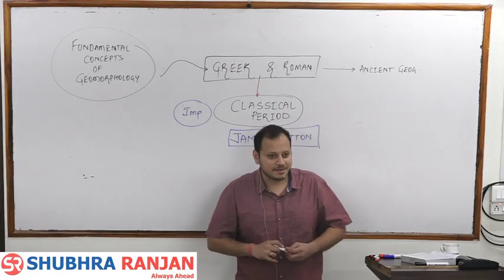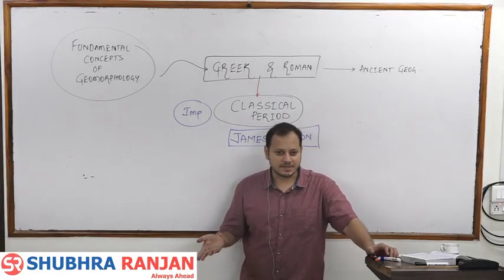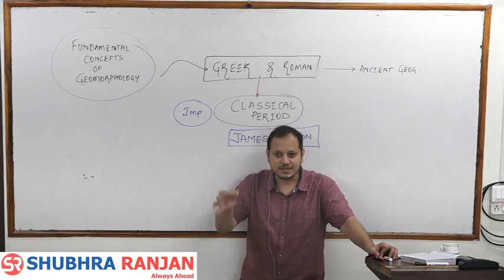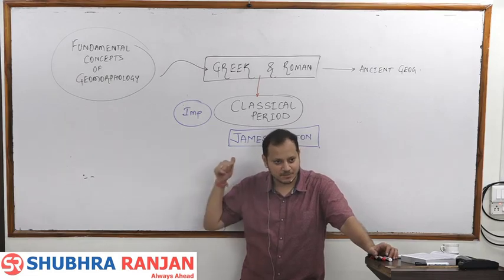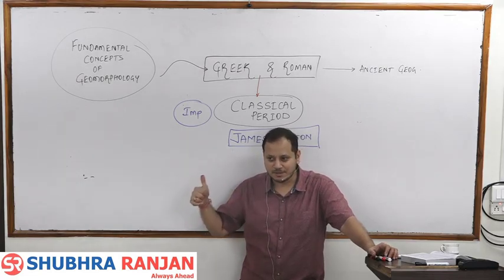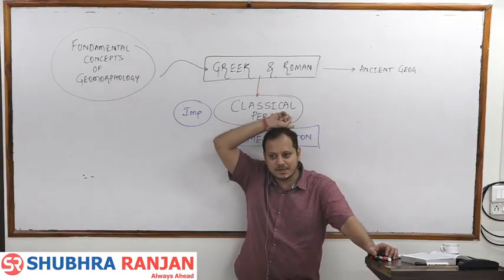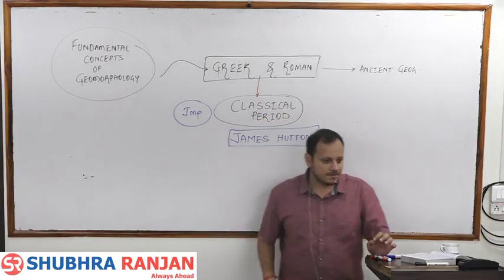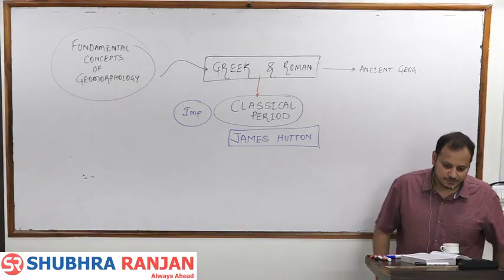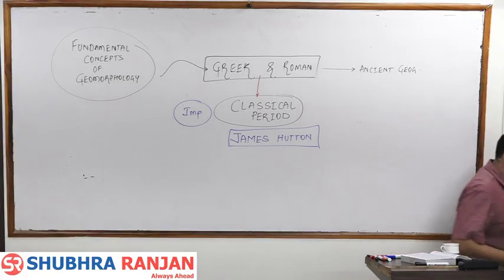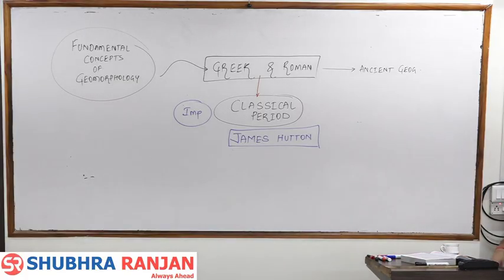James Hutton's line, I had used it yesterday: present is key to the past. That is the principle of uniformitarianism. What the present landform is tells you about the past climatic conditions. Getting it? So James Hutton challenged the principle of